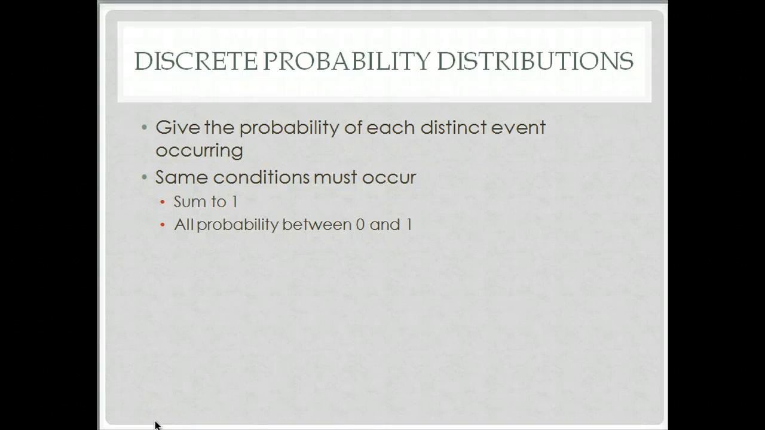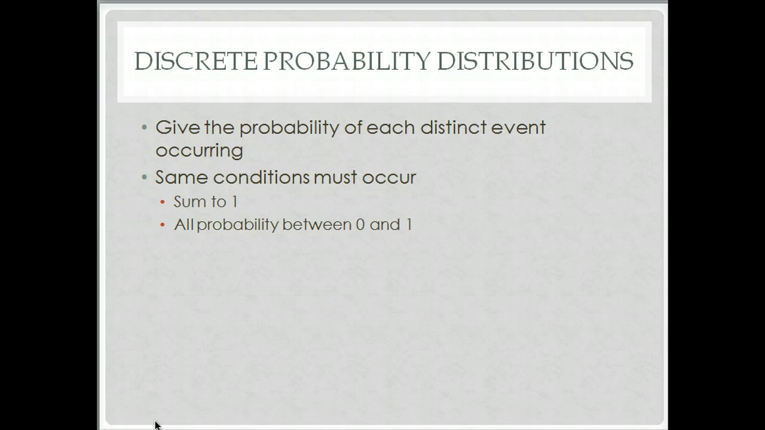To begin with, we are going to focus on discrete probability distributions. Discrete probability distributions give the probability of each distinct event occurring. Remember that discrete distributions had a countable number of events, so we can list those events out and come up with the probability